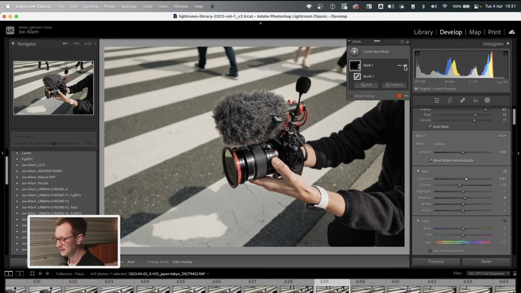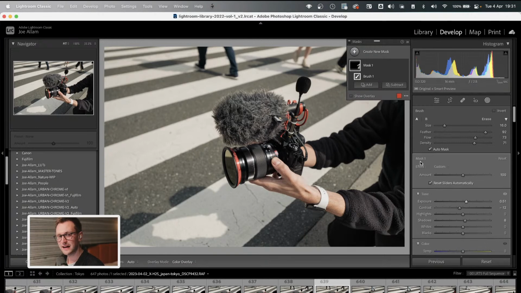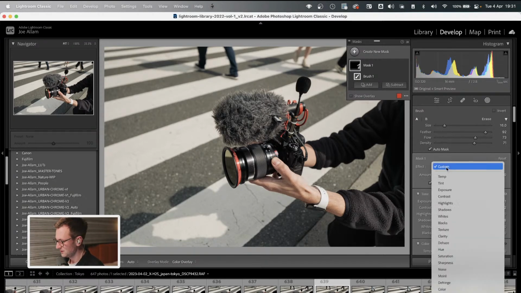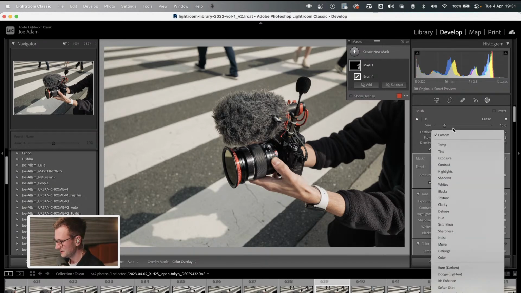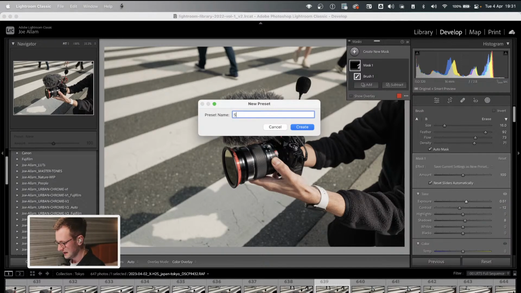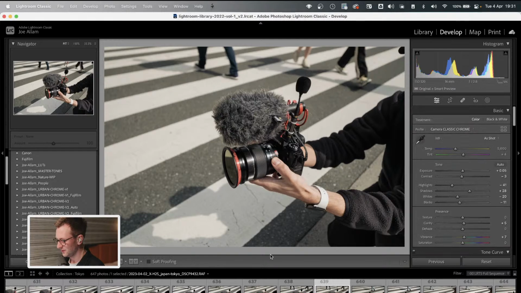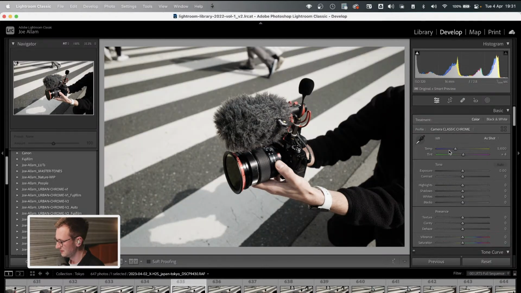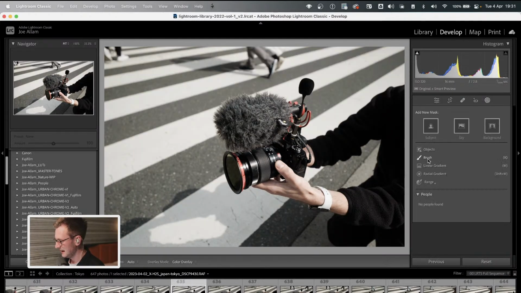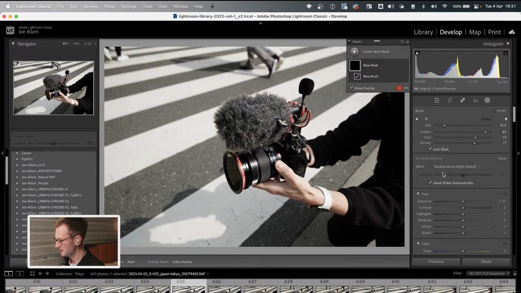So just a tiny little amount, but I can save these settings as a preset. So if I go into my effect option here, you see that there's actually some that already come with Lightroom, but I can save the current settings as a new preset. And I'm just going to call this one Shadow Boost Slight. Hit create. And now if I happen to go onto another random image, hit my mask and create a brush,